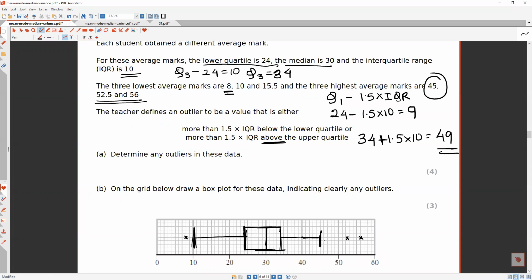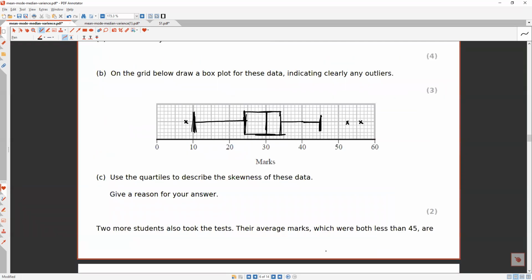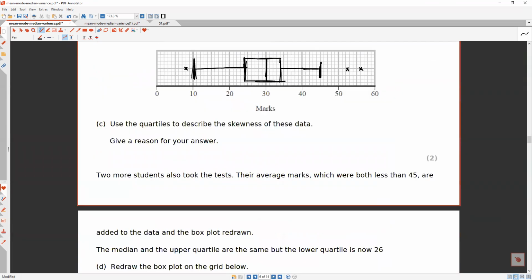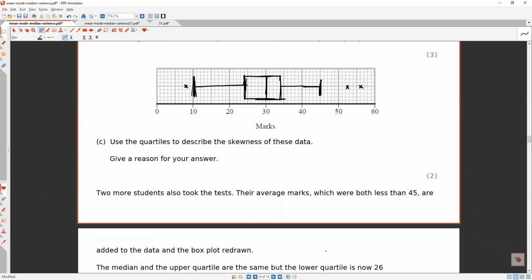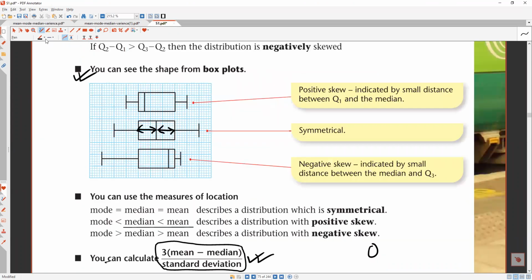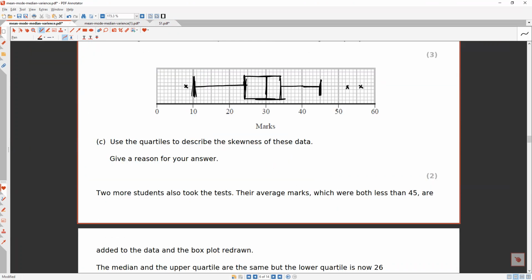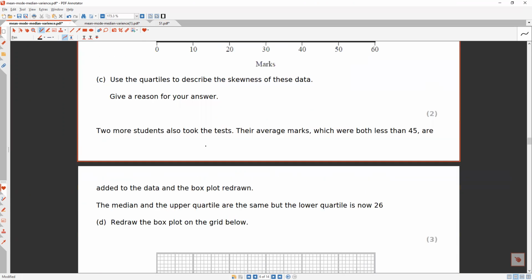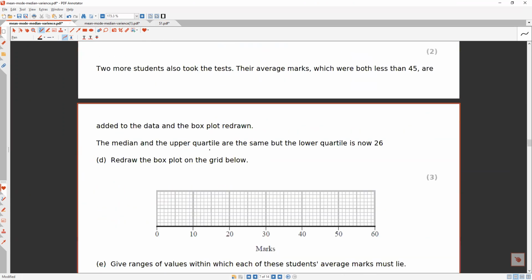Okay, so this part is done. Use the quartile to describe the skewness. It is extreme towards the right, so what will the skewness be? Negative skew, extreme towards the right. Yes, it is negatively skewed. Now, two more students also took the test, and their average marks, which are both less than 45, are added